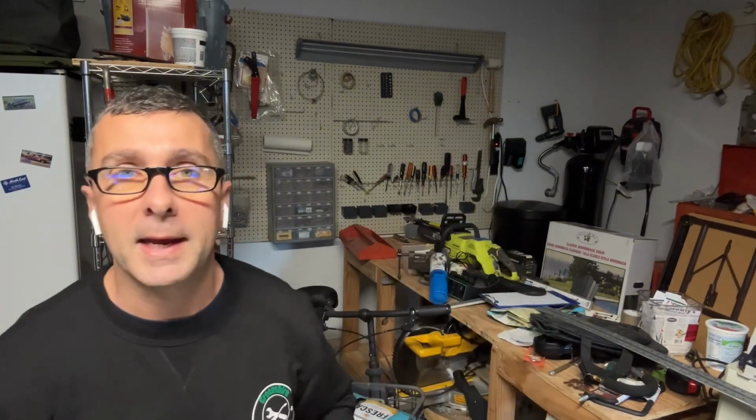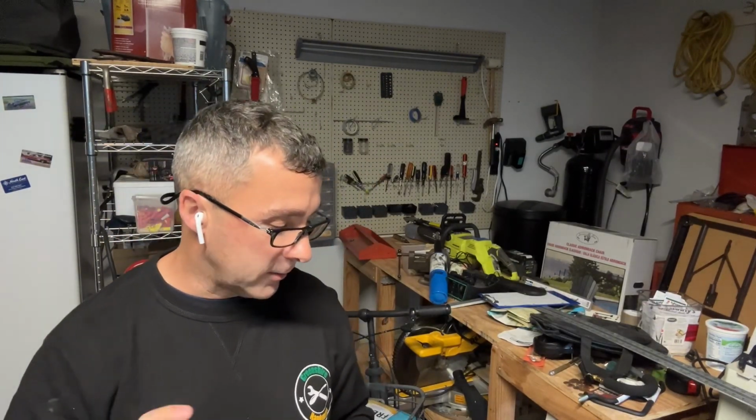Next, I moved on to the porch light. I've been doing a lot of lights lately, and a lot of these cheap Chinese knockoff lights, the ones where you put the screws in on the side. They're just a pain in the butt, but that went fairly quick, knocked that one out, and then I made